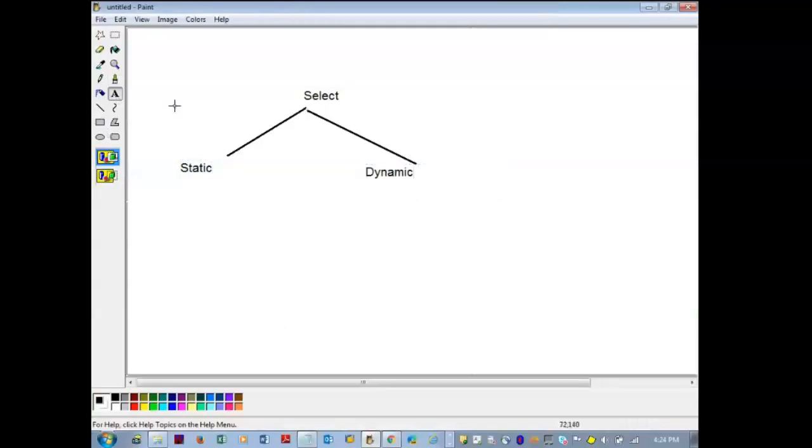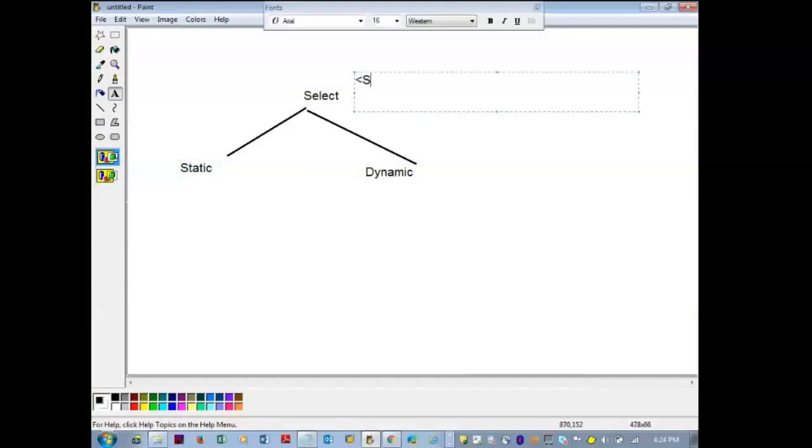First, let us see how the select control is written. What is the event for the select control? Unlike the radio button's select, it is change. Remember this.